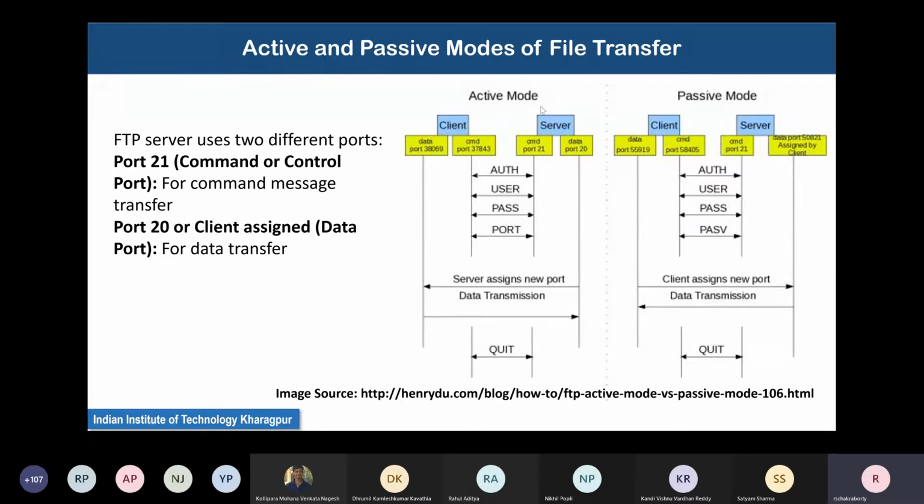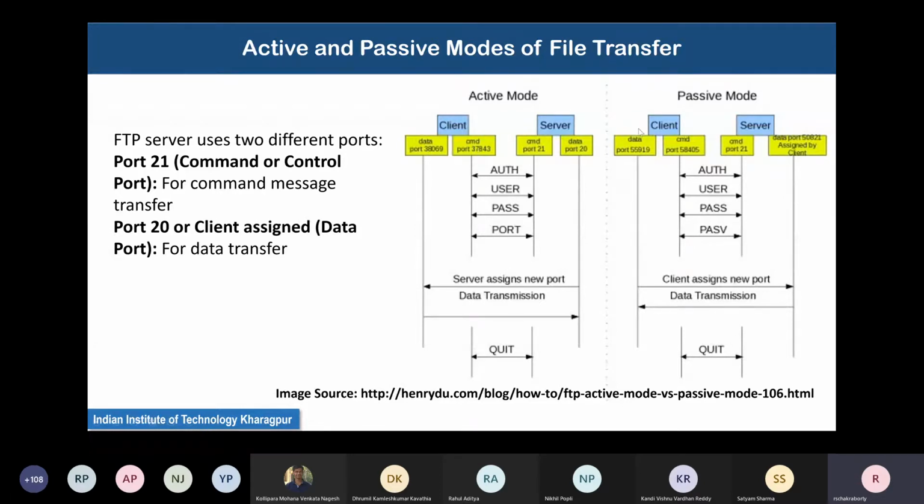So now the server initiates a new TCP connection at the port mentioned by the client, which is port 38069, because this is a new TCP connection. This is the very important thing to understand. The port that will be used by the client side for the command interface and the port that will be used on the client side for the data interface are different.